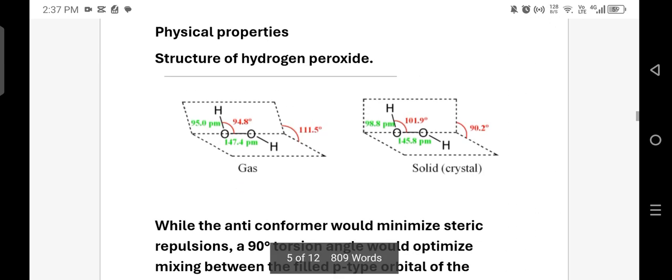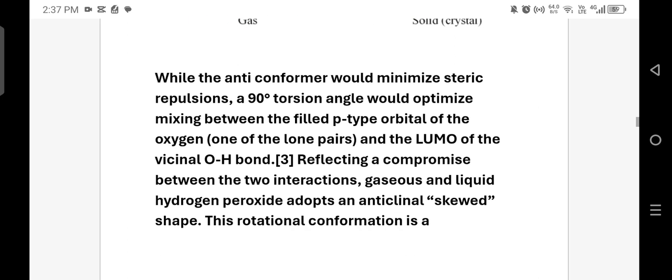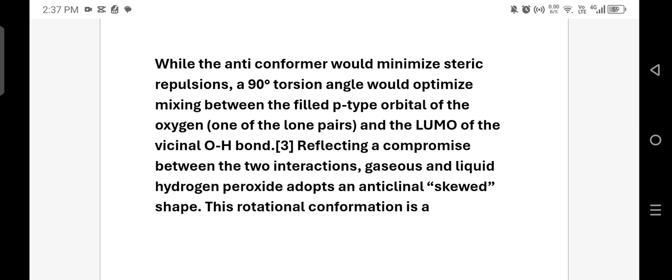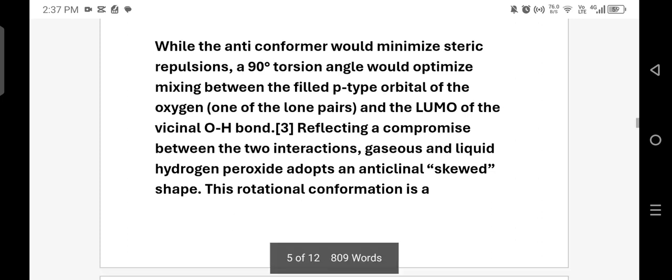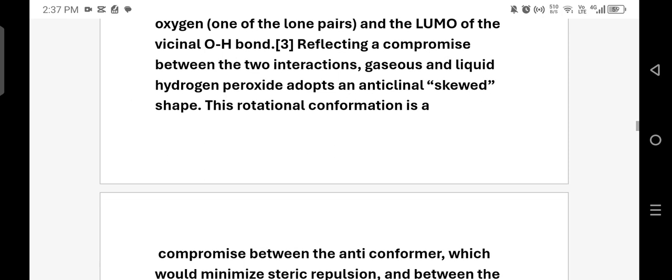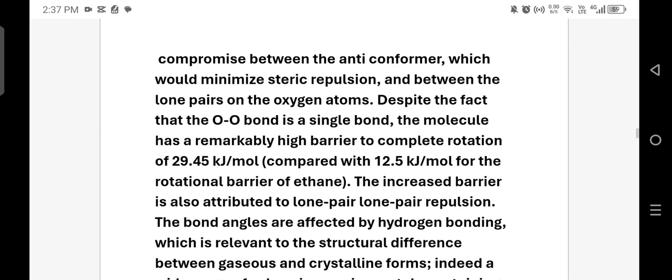Physical properties. The structure of hydrogen peroxide in gas and liquid is given below. While the anti conformer would minimize steric repulsion, a 90-degree torsion angle would optimize mixing between the filled p-type orbital of the oxygen lone pair and the LUMO of the vicinal O-H bond, reflecting a compromise between the two interactions. Gas or liquid hydrogen peroxide adopts an anticlinal skew shape. This rotational conformation is a compromise between the anti conformer, which would minimize steric repulsion, and the lone pair on